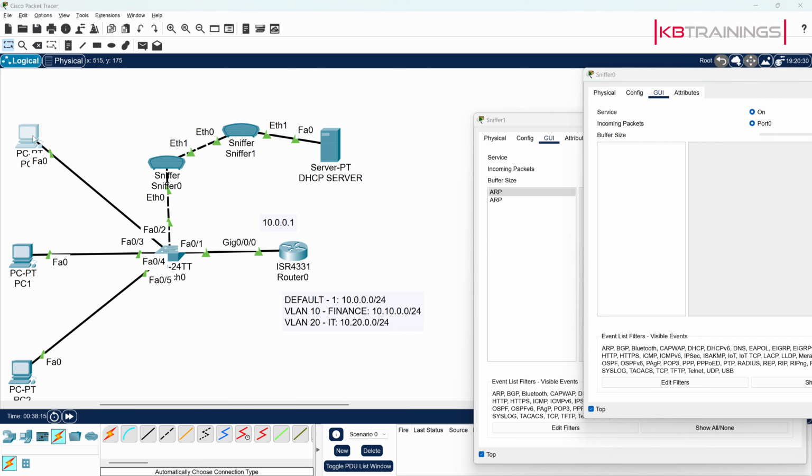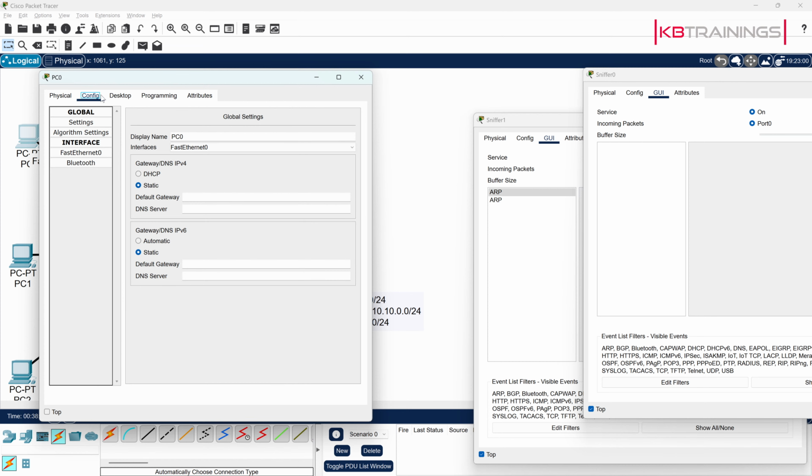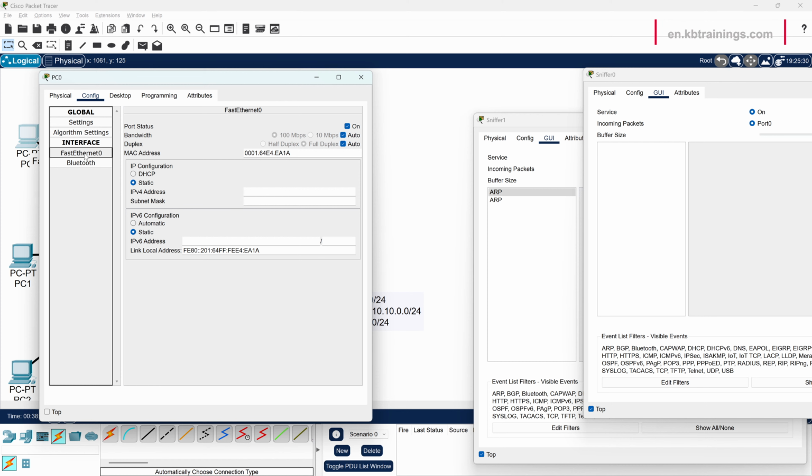So I'm going to open this workstation here in the corner. It's right here. I'm going to go under config, or yeah, let's stay on the config. I can go here, fast Ethernet 0, and I'm going to select DHCP. So once I do DHCP, we should see, look over here, we should see DHCP packet being sent here. The DORA that I mentioned, it's going to happen somewhere over there. So once I go in and I do DHCP,